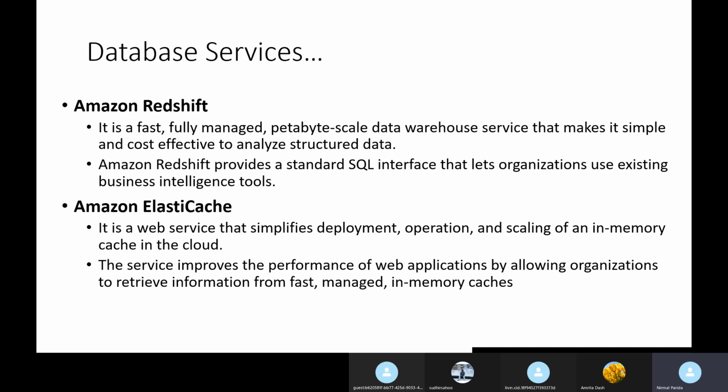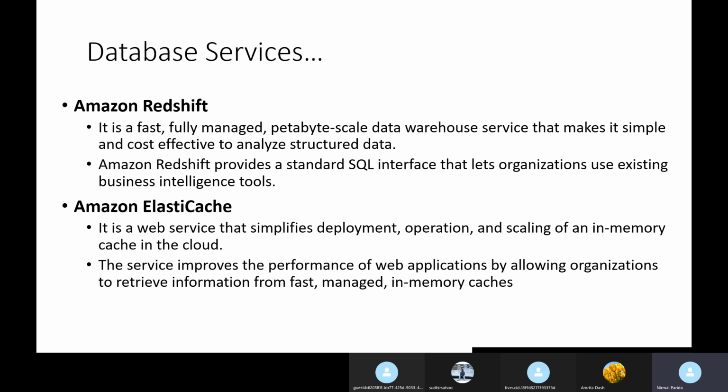Your data may be at petabyte scale, so you can store some TB or PB of data there and analyze it using tools. If you are working on big data analysis, you can use this service.